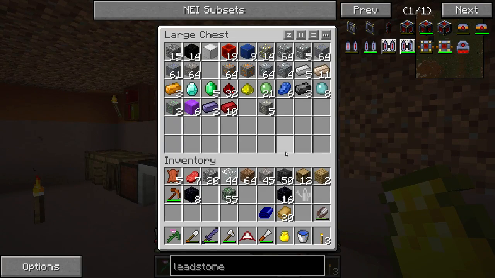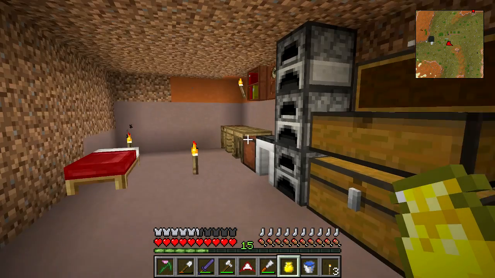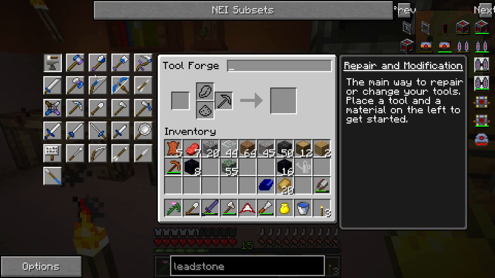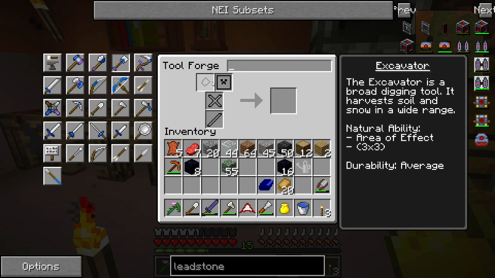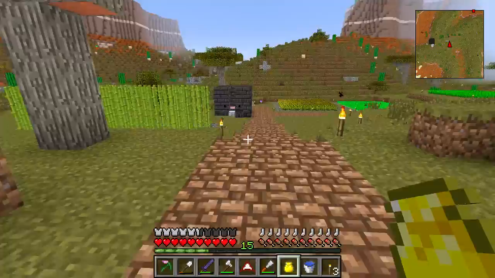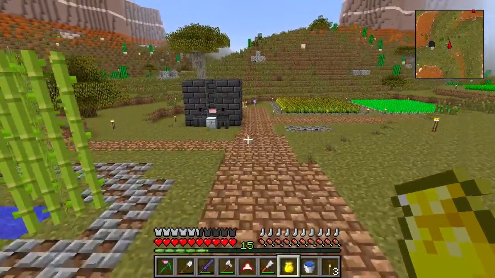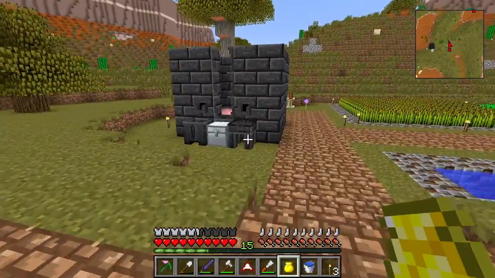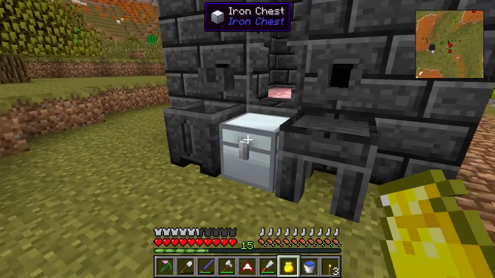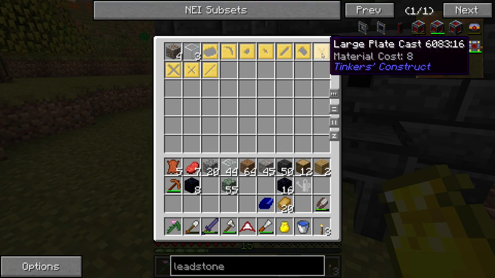Huh. I thought I had more than that. Let me check my bag. I don't. Well, that's too bad. Let me add this up again. So this is 16 and 22. So yeah, so let's go ahead and make the excavator, because we can't afford to make the hammer. Ah, that's too bad. I actually wanted the hammer more. Yeah, that's too bad. Okay, so I think we're going to have...